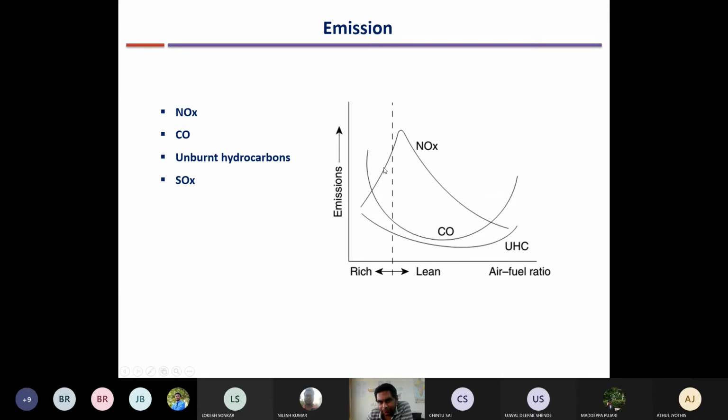This is a very important thing for industrial gas turbines, which are gas turbines kept in industry or in some power plant. There you want to reduce the emission as much as possible. So you cannot fully control the NOx emission. NOx emission will vary. NOx emission is very less at rich or lean mixture. Why is this? What is the reason for this? Can somebody explain why NOx emission is less for very rich or lean mixture? You can see from the graph.